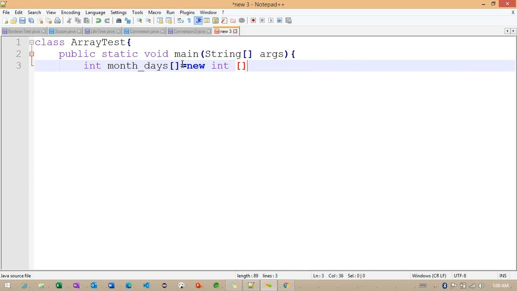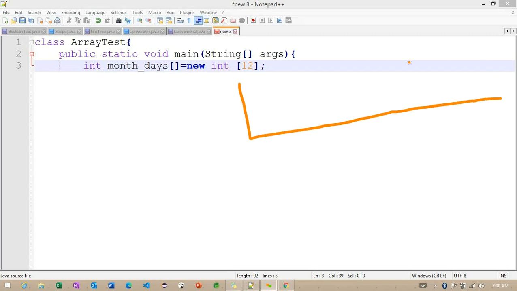Here we need to specify the size. Whenever we work with any array example, we need to provide the size. Between the open bracket and close bracket, whatever number I provide is going to work as the size of this array. This array is going to store multiple values. Up to how many values is it going to hold? 12 values, so index 0 to 11.